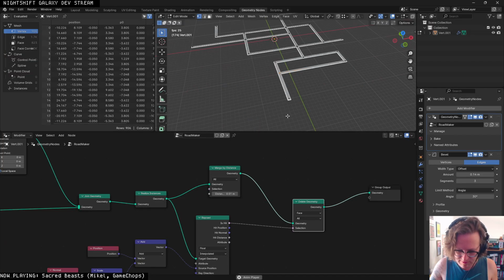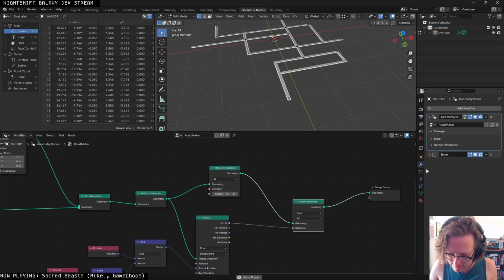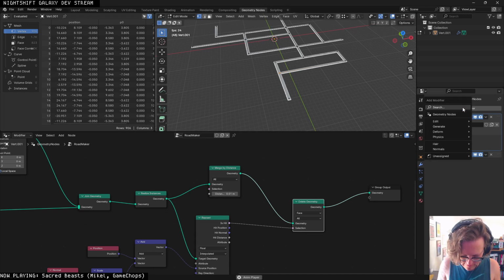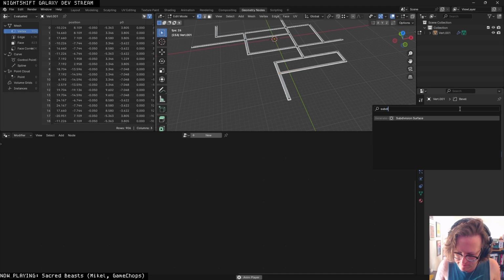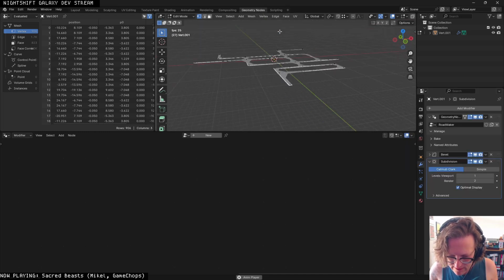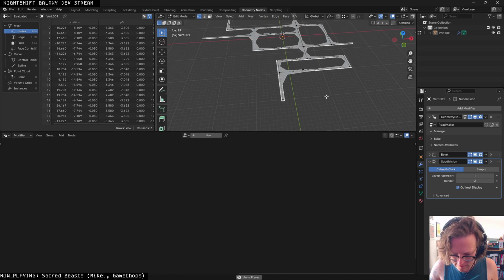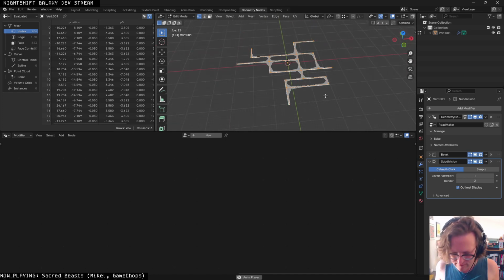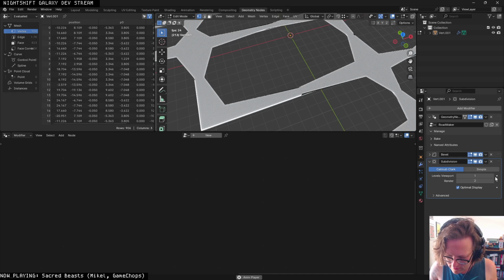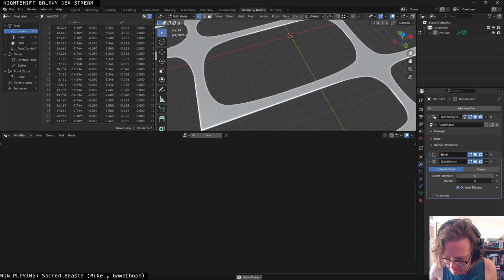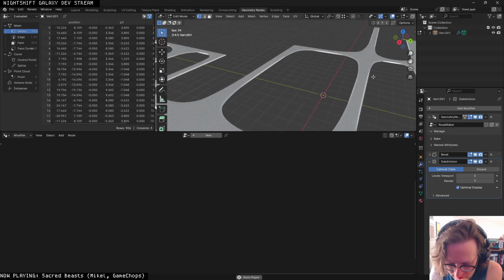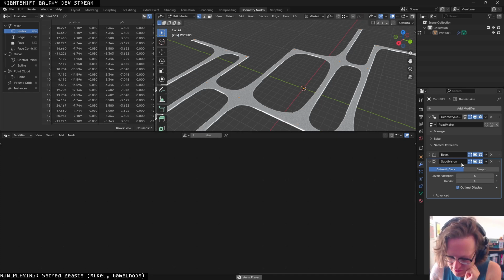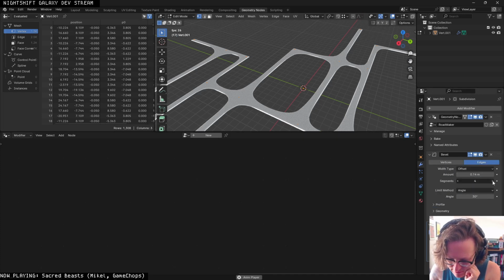But other stuff that we can do, I added this bevel modifier, but there's all kinds of modifiers that you can add. We can smooth it. No, smooth is not the one I wanted. I think it's called subdivision surface. Yeah. So what this does, just look at everything. If we increase the resolution, it kind of rounds out those inner turns. I think depending on how many,